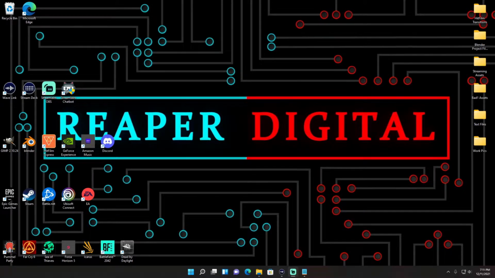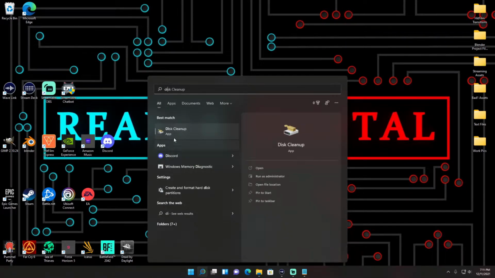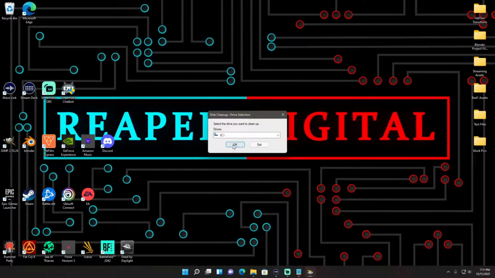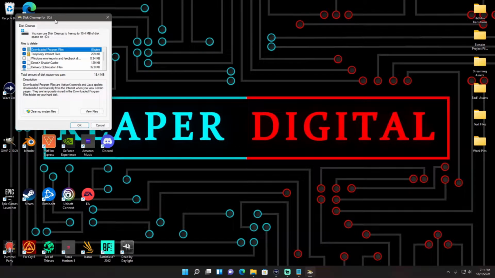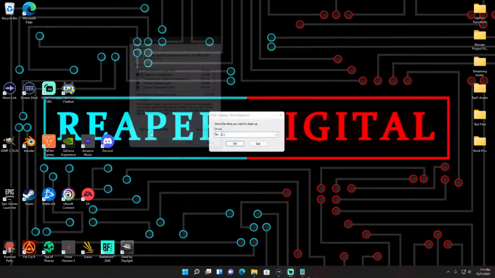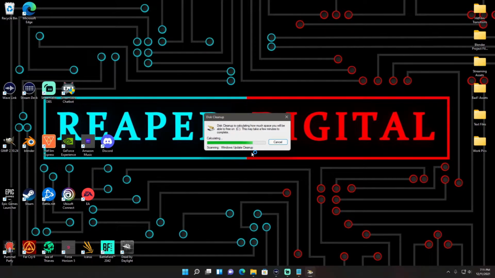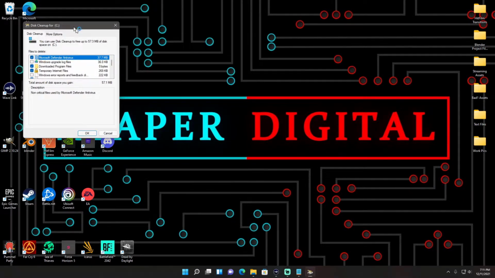How to optimize your PC, part 3. What you guys are going to want to do is select the start icon down here, type in disk cleanup, select that, select whatever drive your operating system is on. For me it's C, and it is for you probably by default. Select cleanup system files, select the drive again, let it do its thing,